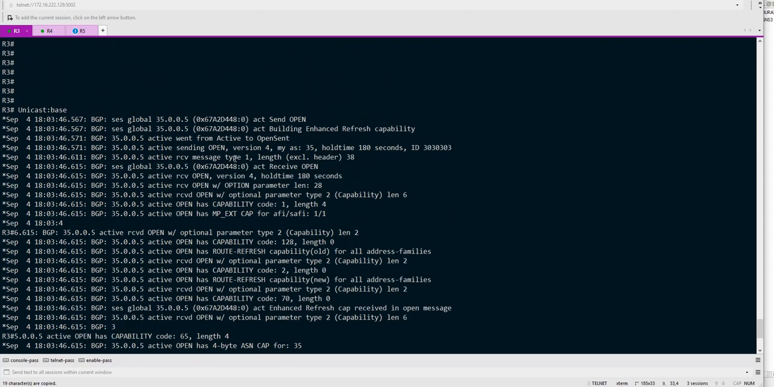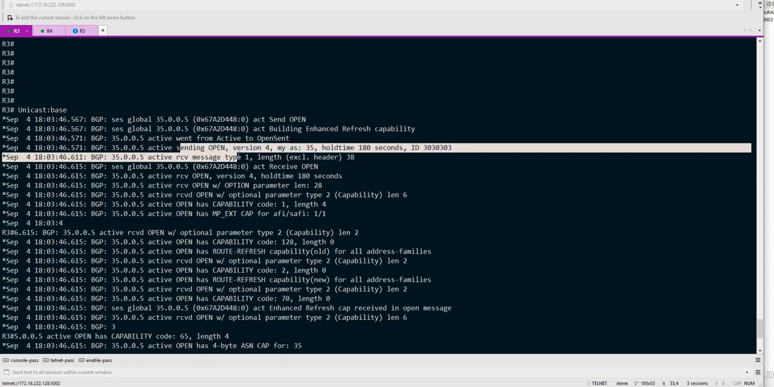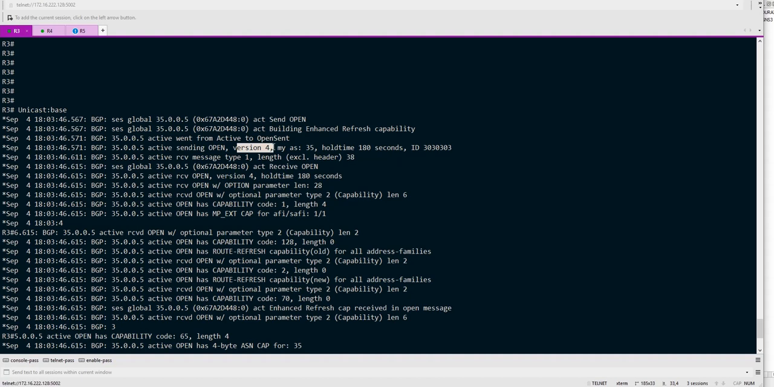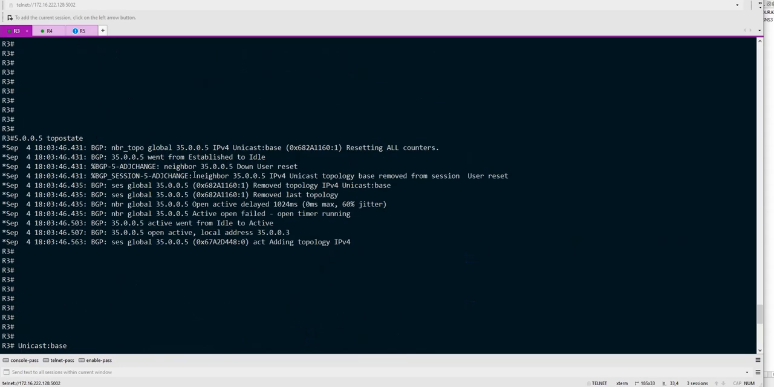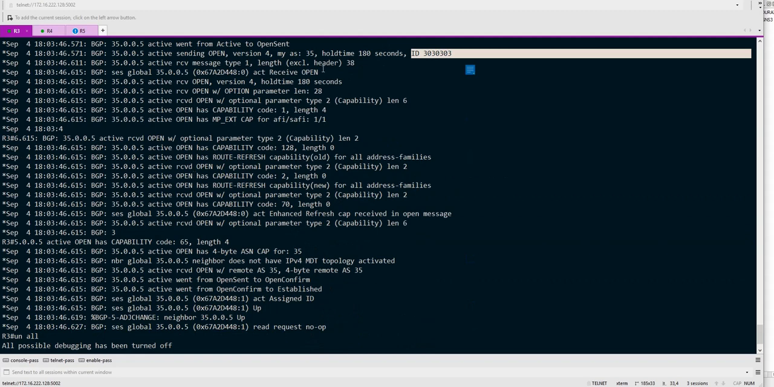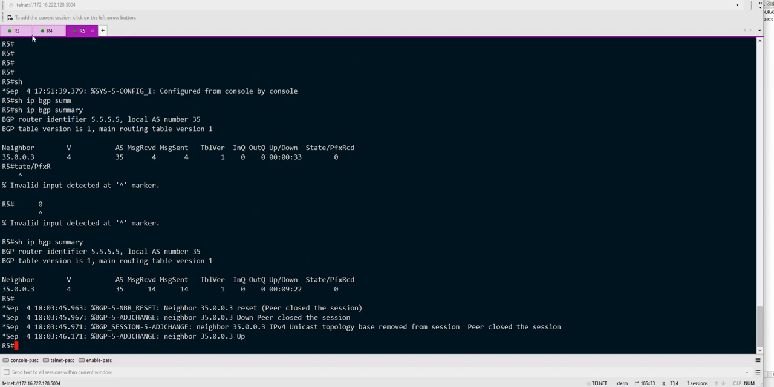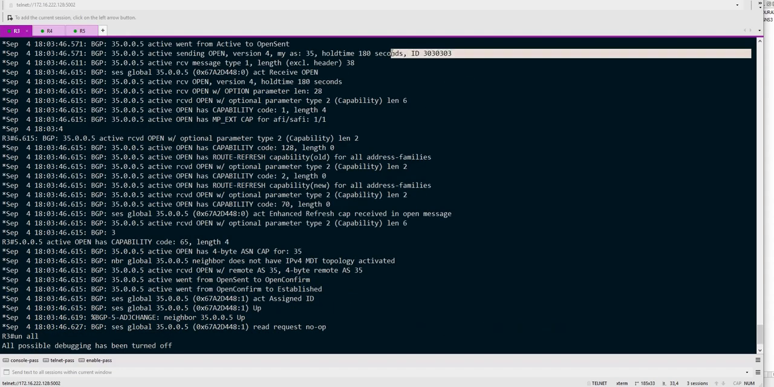Here we can see I'm sending an open message. What is my version number? That is BGP version number 4, and my AS, and what is the hold time that I support, and what is the router ID. Here the router ID is 3.3.3.3, it's supposed to be, right? It is nothing but a router ID. Let's check what it is, no problem. And after that,